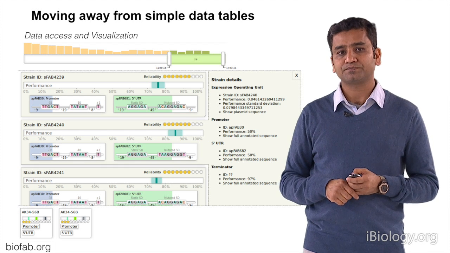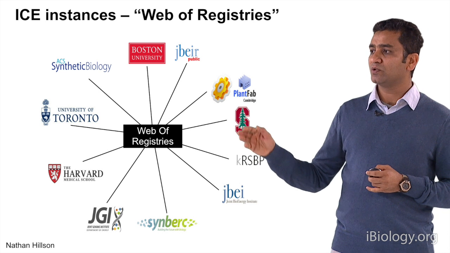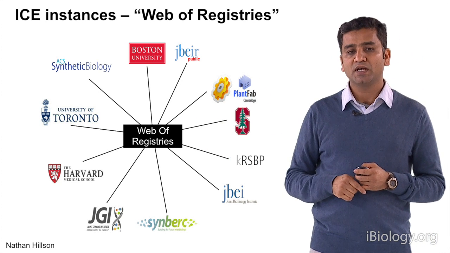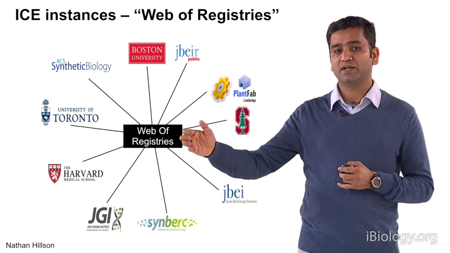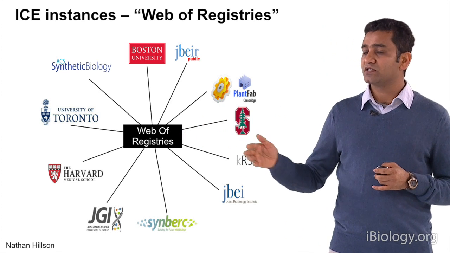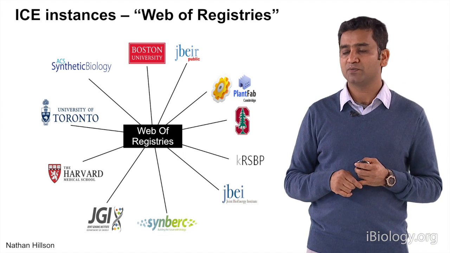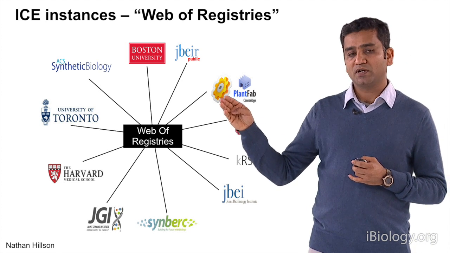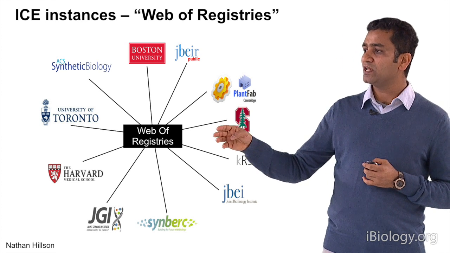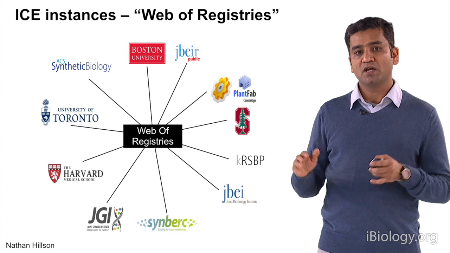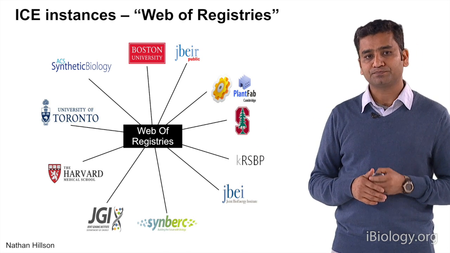Also, if you zoom out from all of these, there are multiple registries coming up across the world, and we need to really come up with a web of registries so that all of these are connected, such that all of these data sets are shareable and people can easily share. Data is shared between different labs, and research groups are learning from each other. They are sharing their standards and so on and so forth. So we need a set of web registries, where all the data is accumulated in one place and can be shared across the labs.